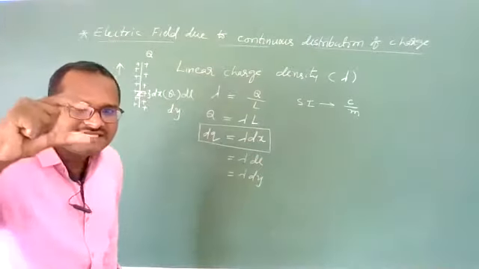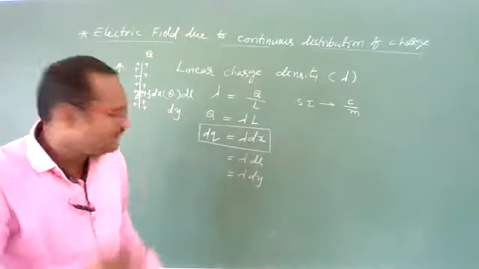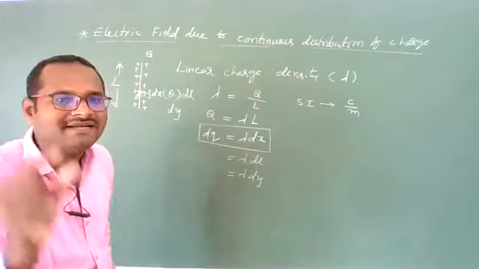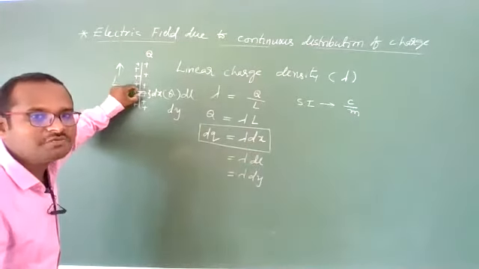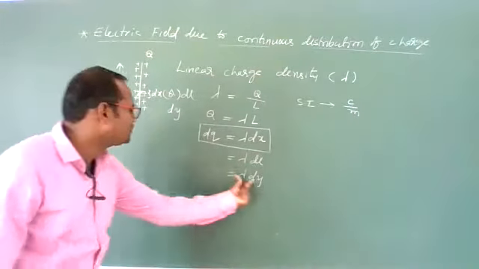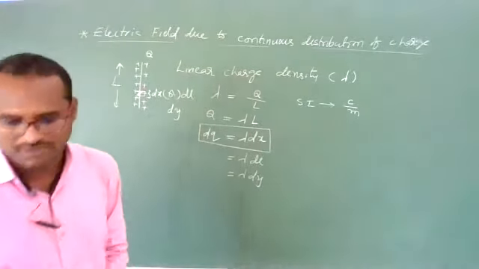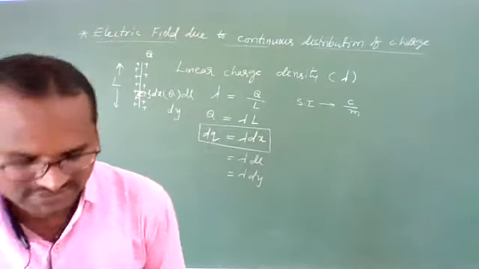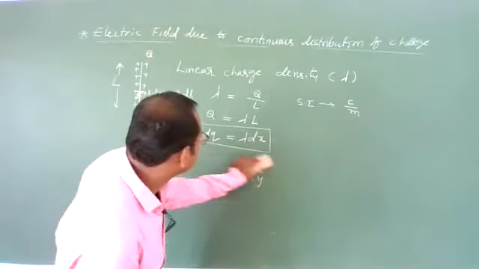dy indicates small elementary length of that rod. dl and dx also represent small elementary length of that rod. This part. In this part, how much charge is distributed? This much charge is distributed. I hope you understand it clearly. Okay. This is about linear charge density. Okay. Next point is